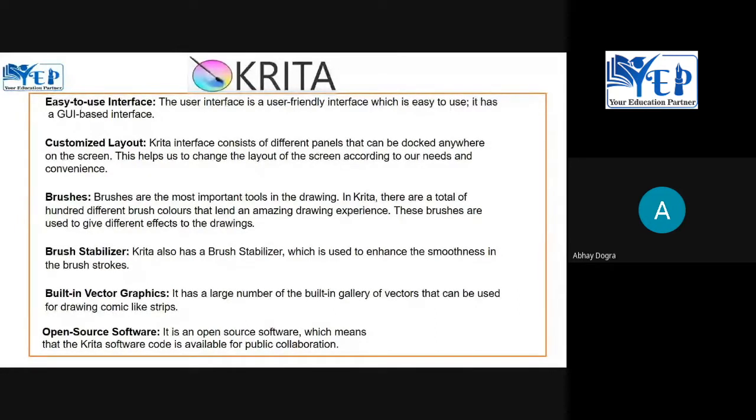And then you have different vector graphics. There's already a library of built-in vector graphics that we'll look into afterwards. And then finally, it's